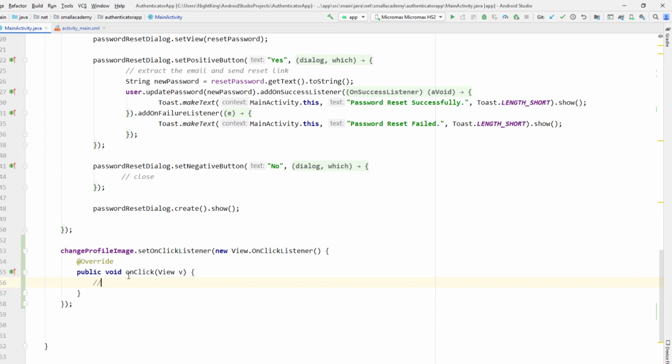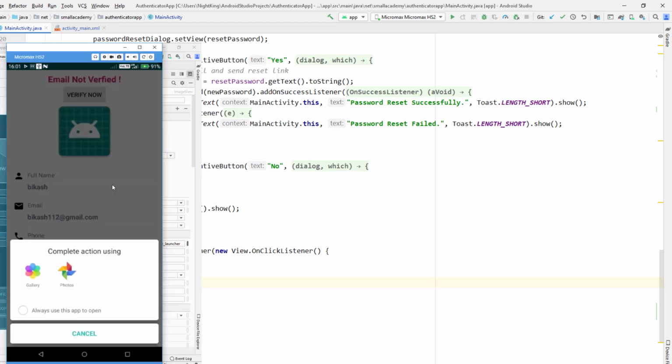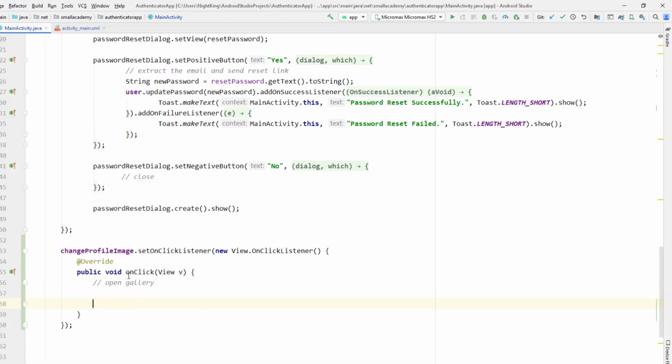All right. So the thing that I want to do here is whenever the user clicks on the change profile button, I want the user to go to his gallery and pick the image from there. So here I want to open the gallery. All right. So to open the gallery, we need to create a new intent. So let's do that. So intent,